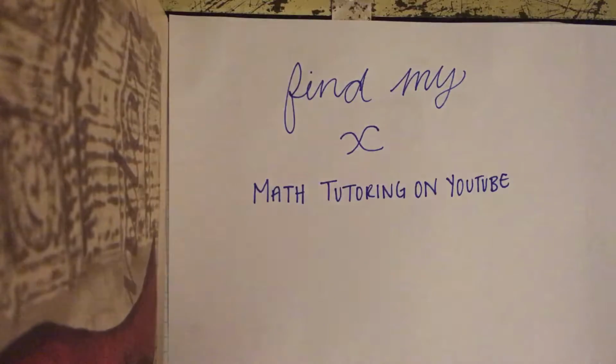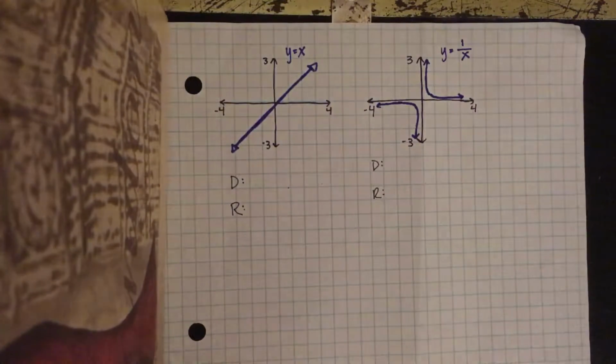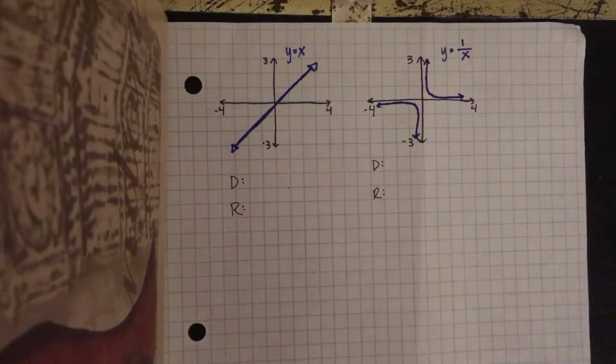Today I'll be going over how to find the domain and range of a function. So here we have two examples. Our first example is y equals x. To find the domain and range of the function, you have to look at what the x and the y